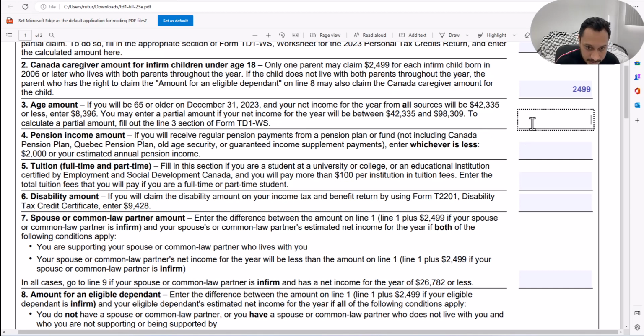Otherwise, just put zero in this. The fourth part is pension income amount. If you are going to receive any regular pension from a pension plan or a pension fund which is not governed by the government directly, then you will have to put down either $2,000 or the annual amount of pension income you are receiving. So for example, if you are receiving the pension income of $1,000, then you'll have to put $1,000 in it. But if you are receiving a pension income of $3,000, then you'll have to put the maximum of